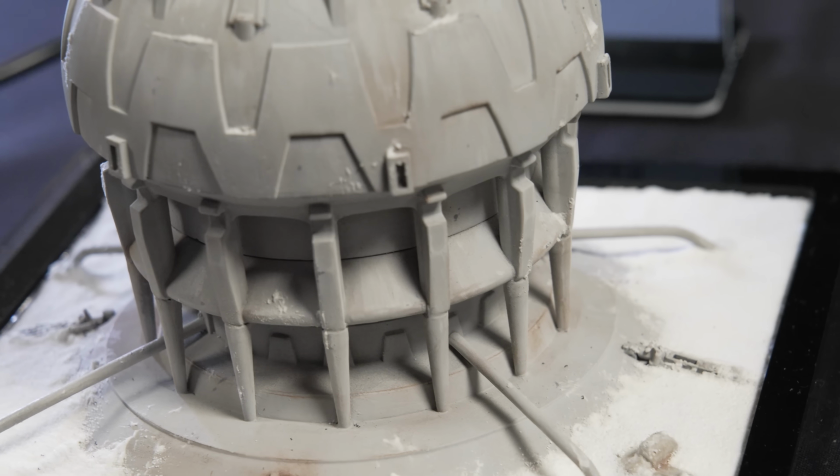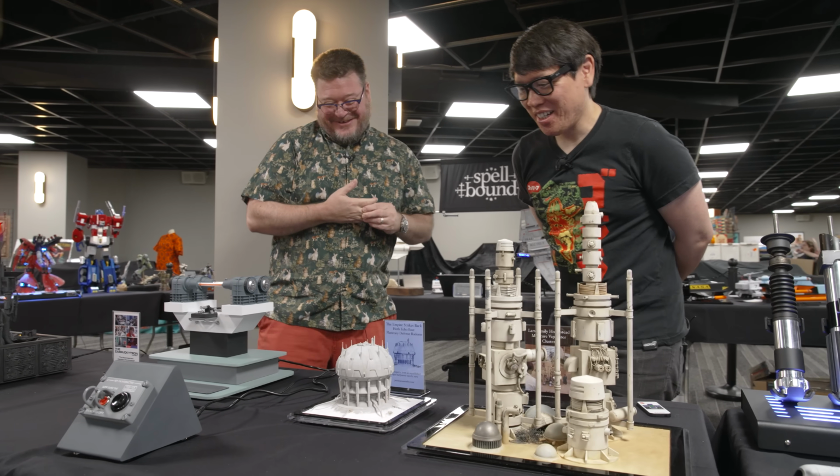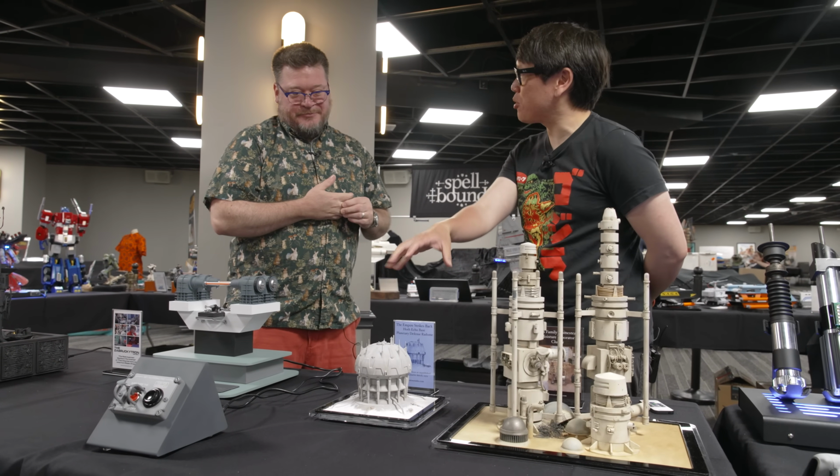Yeah. Tale as old time. Model maker falls in love with a piece of concept art. You have to. Then I have to make up why. Yes. And then choosing this scale in particular, you just wanted something...